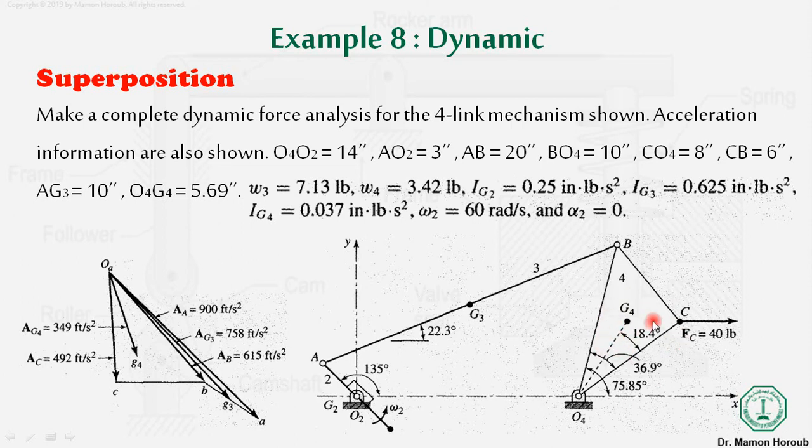So we will consider, let's suppose, this force, and we will calculate the reaction forces due to only this force. Then we will take only the inertial force due to the force m·a,